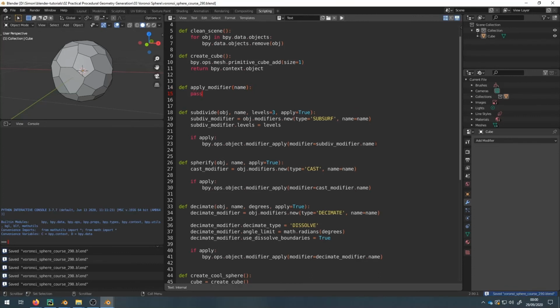So I'll just pass a placeholder, and then I just put the name here, and I would do apply, and then I would just apply modifier, and then I would just pass in the name of the current modifier. So current modifier dot name. This way,